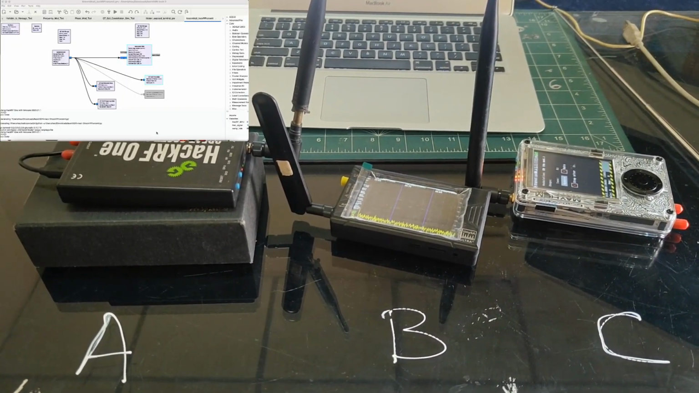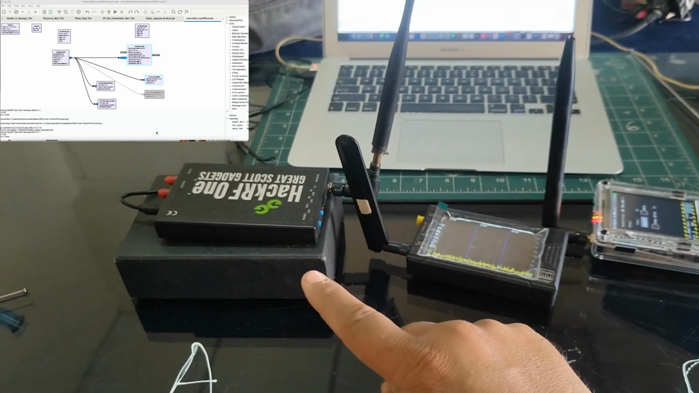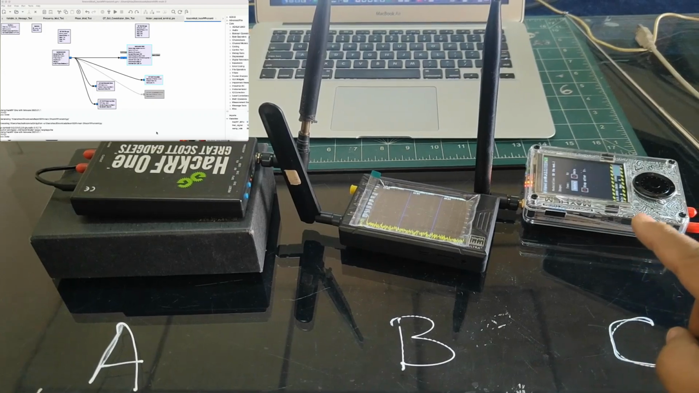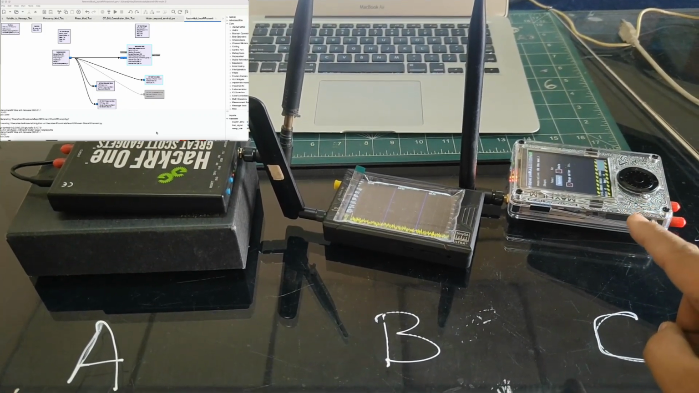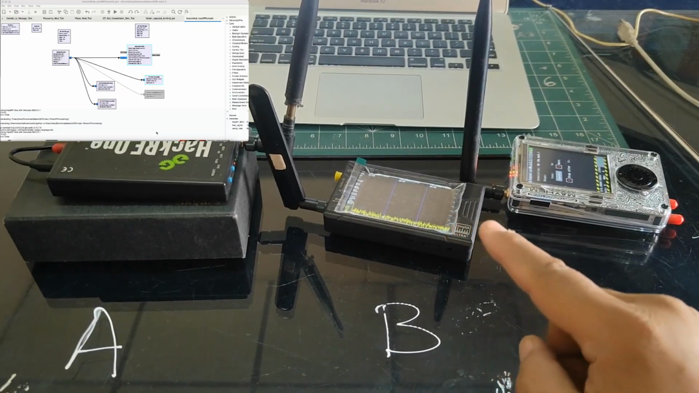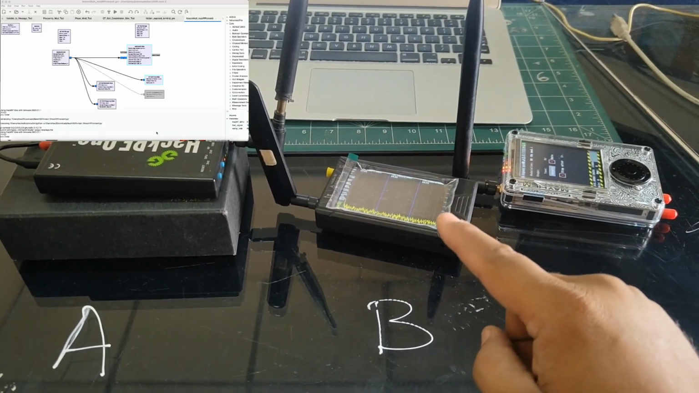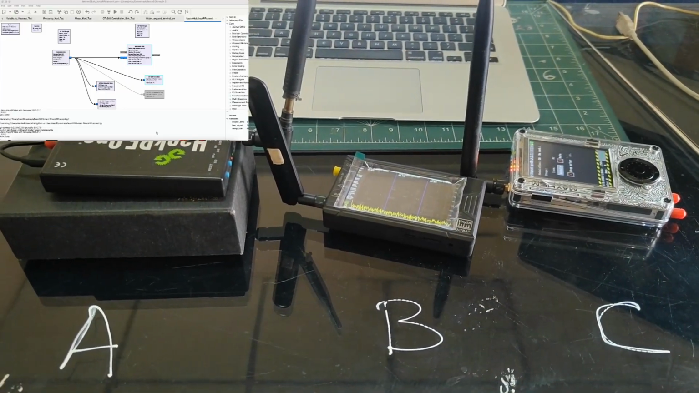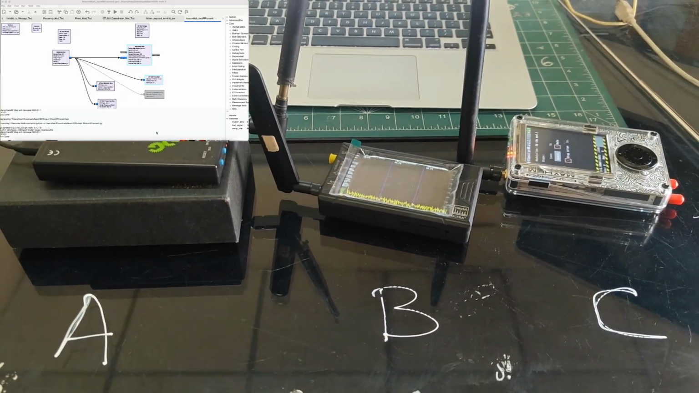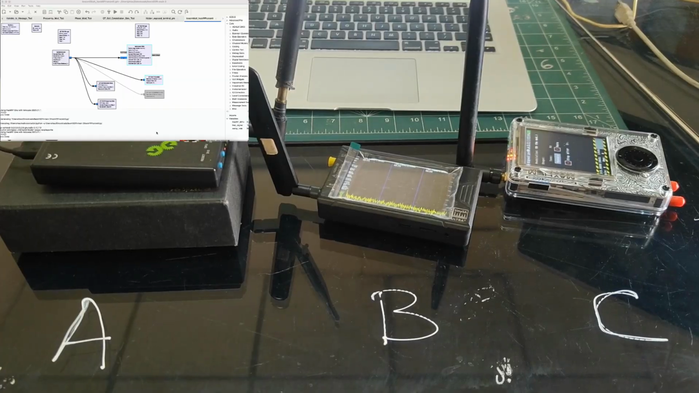For that purpose, I'm using two HackRFs. One HackRF is connected to my laptop. The second is my PortaPack. And the third device that I'm using is a listening device, my TinySA spectrum analyzer, which is right here. I'm working on an ISM band at 915 megahertz, and I'm working in a closed environment so it won't